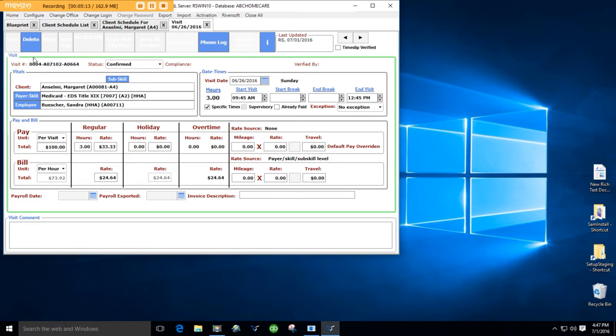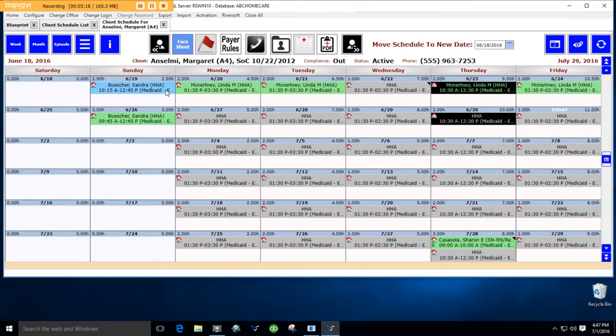Okay, so now that's a confirmed visit. It's got this green border. Show how that looks on the schedule. There it is right there. If I wanted to verify the visit, turn it this nice blue color, that would mean I had the time slip in my hand. I just edit the visit,